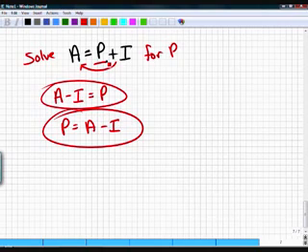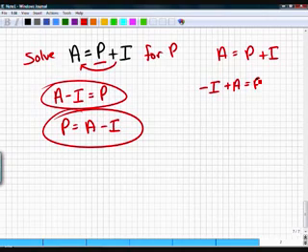Okay, that's a good question. Does the order matter? A equals P plus I. What if I wanted to put my I first over here? It's going to be negative I, right? Because you moved it over, positive to negative. What about the A? Did you move it? So it'll be plus A equals P. Would that be okay? Yeah, that's fine. Yeah, because A minus I looks better just because negative I plus A looks like you got a negative and a positive. To where here you got a negative and a positive also, but you're using